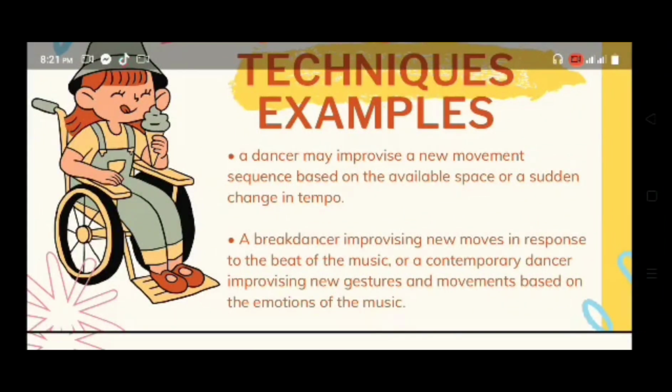So, yung mga dancer daw ay nag-improvise sila ng new gestures and movement kasi gusto nilang i-feel kung ano yung pinapakita ng emotions ng music. Yun. So,